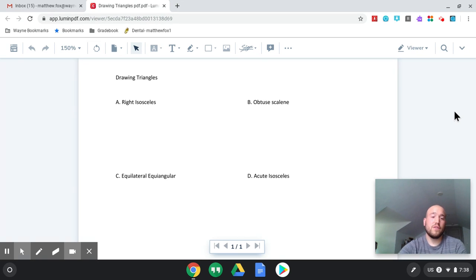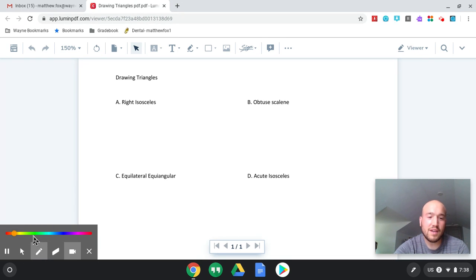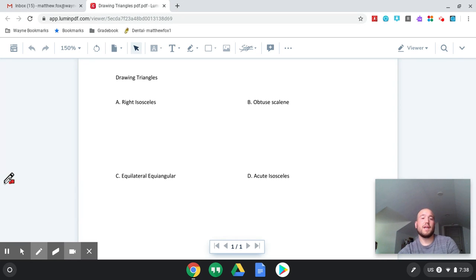On this first picture, the word "right": anytime we see that, it means a right angle is formed, and hopefully you remember a right angle has 90 degrees. Then it says isosceles. If it's isosceles, that means two of the sides are going to be the same. So when you sketch this, make sure